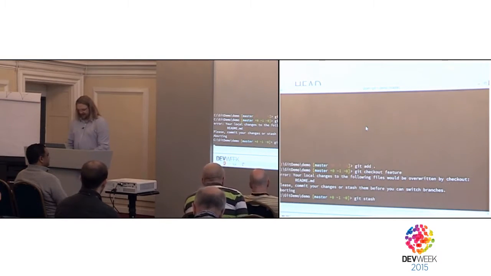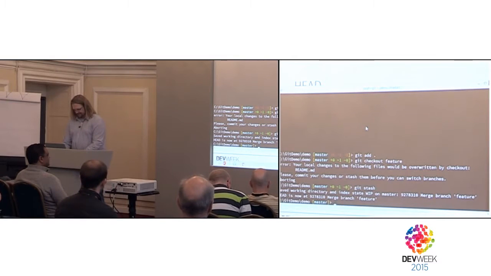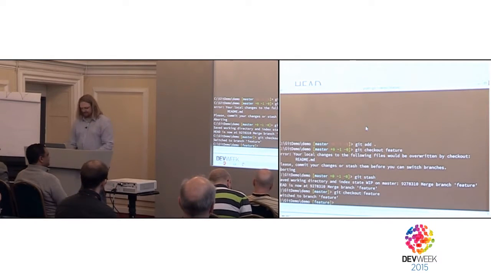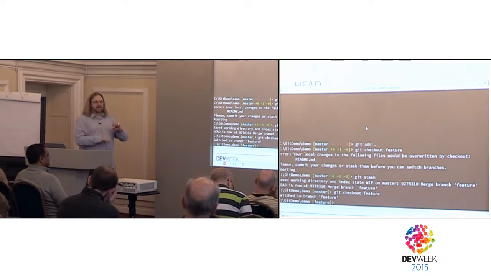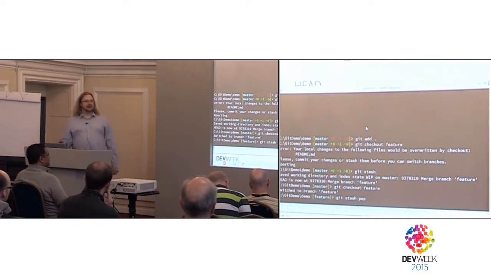So just stash the changes, and it's like a stack. So that change has now been pushed onto the top of a stack, right? I can now git checkout feature. So I'm now on my feature branch. The changes have been stashed away. They've been pushed onto the stack and removed from my working copy, right? I can now git stash pop. So I'll pop it off the top of the stack and reapply it,